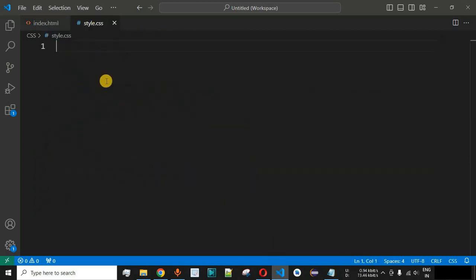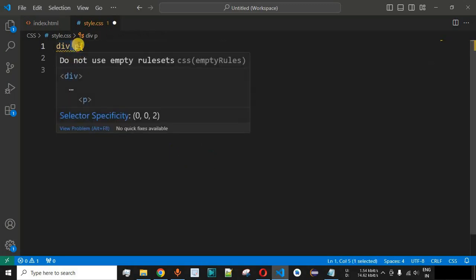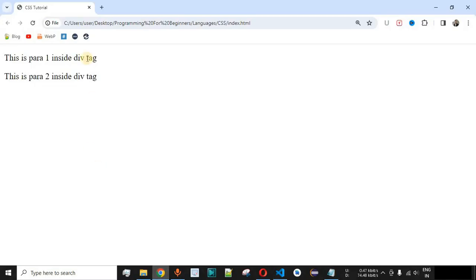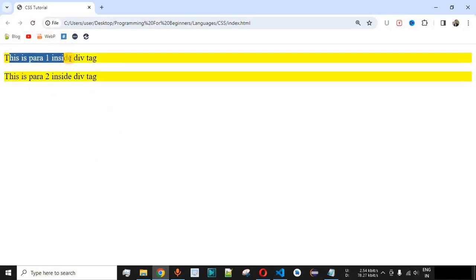So guys, let us move to the CSS file over here. We can provide the div tag in this case followed by the space character, and then we have the p tag over here. So basically this space character that we have provided in between the div and the p tag is the descendant selector over here, by which we are saying that inside the div tag we have the paragraph tag over here, and only for those paragraph tags we want to provide certain CSS property that we are going to apply over here. Basically the paragraph tags inside the div tags should have the background color as yellow. So let me just save this file now and try reloading this page once again on the browser. So as you can see, both these paragraph tags are now having the background color as yellow.